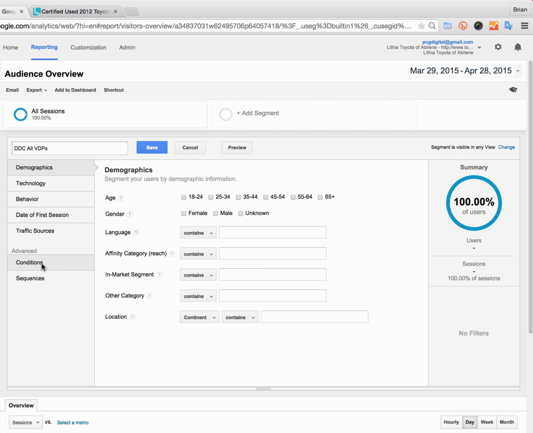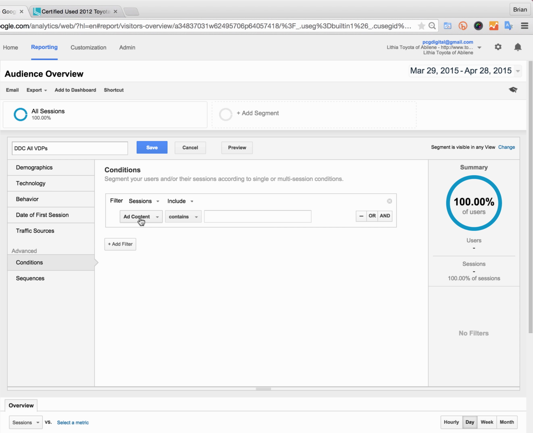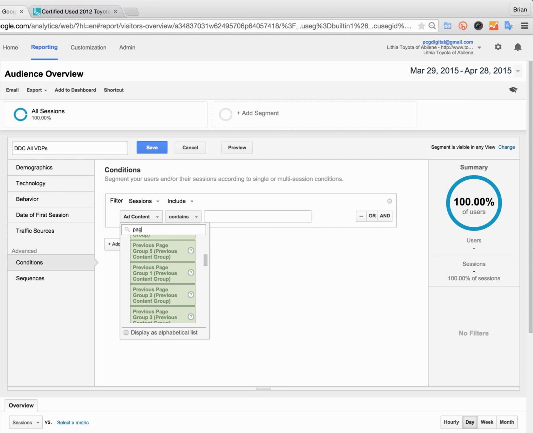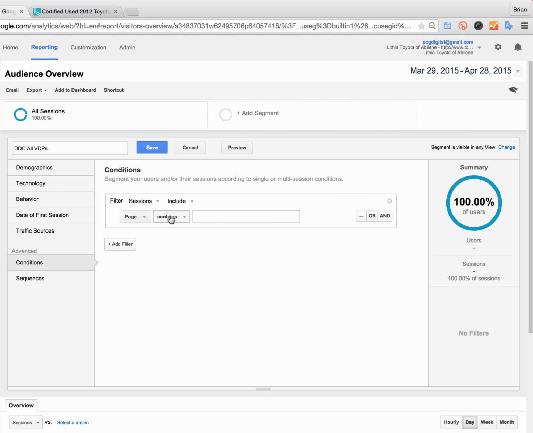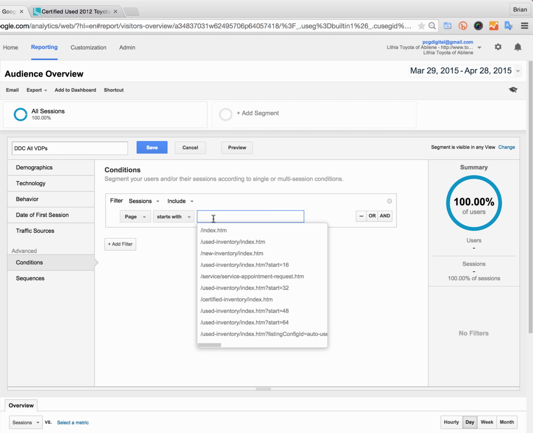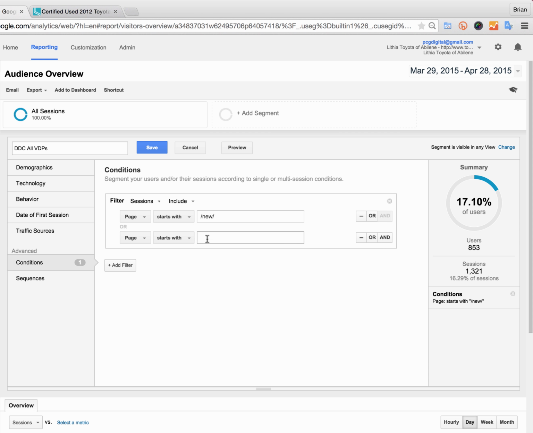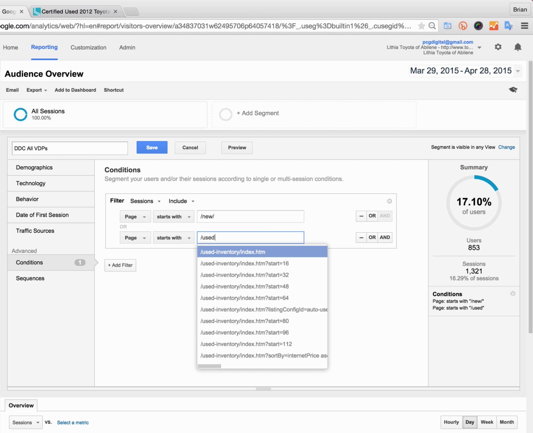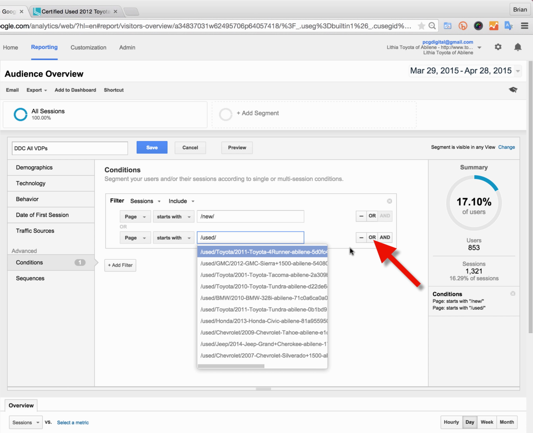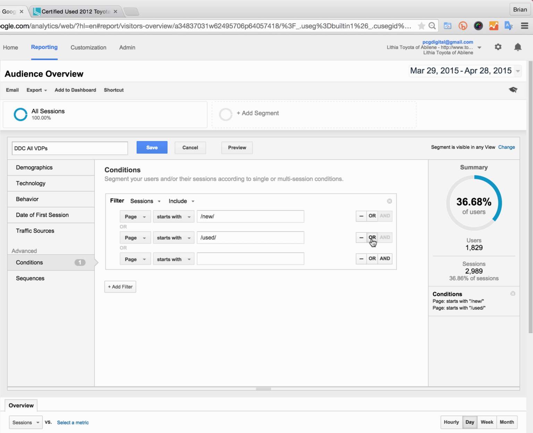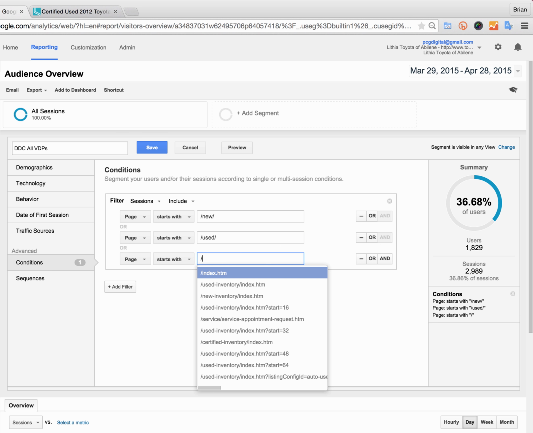Go down to conditions again. I'm going to click on add content. I'm going to type in PAGE, go to the top, click on contains, starts with, and then watch what I'm going to do. I'm going to say slash new slash. That's for new car VDPs. And watch, I'm going to click on the or button. Or the page starts with used slash. And then that's all your used car VDP. Or the page starts with certified